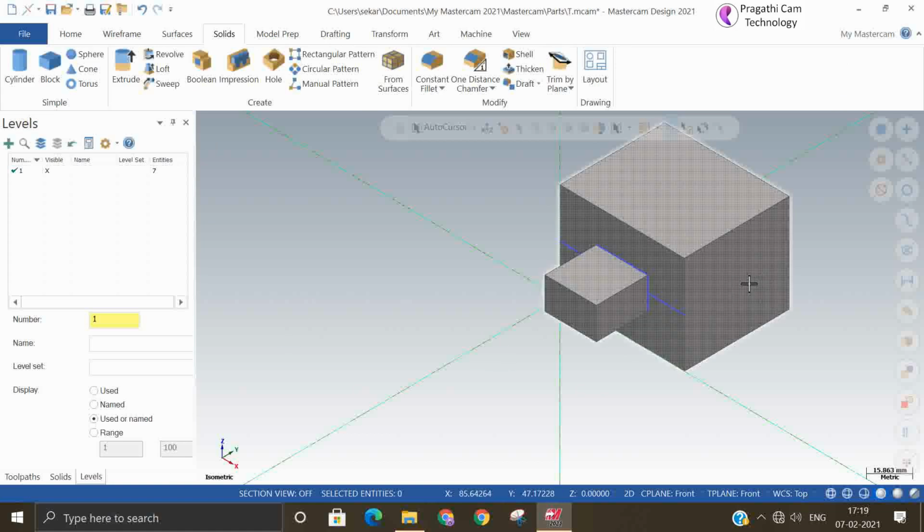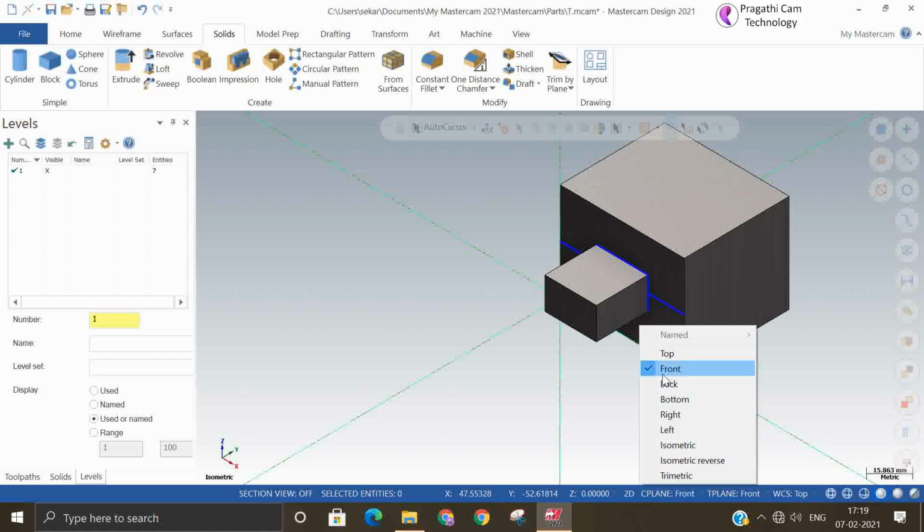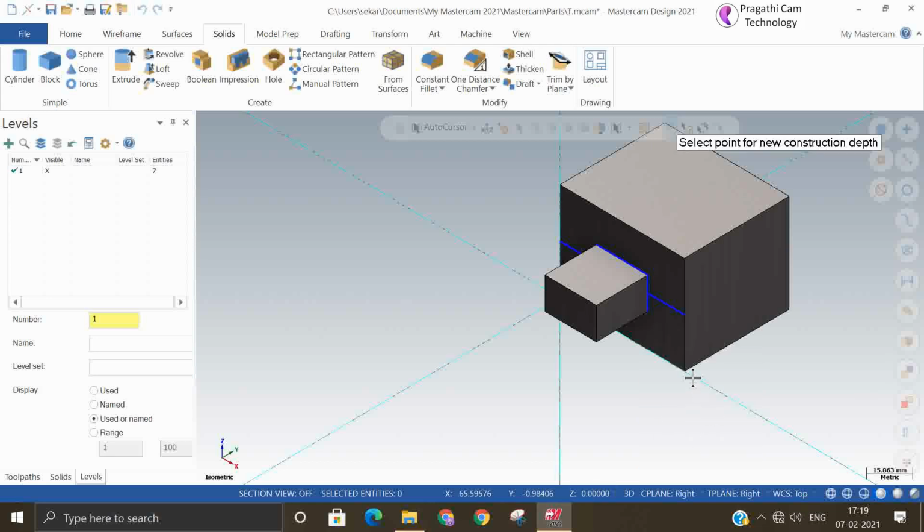Suppose on the right side I want to make one. There you can select some edge, or if you know the size you can give it directly in the input.